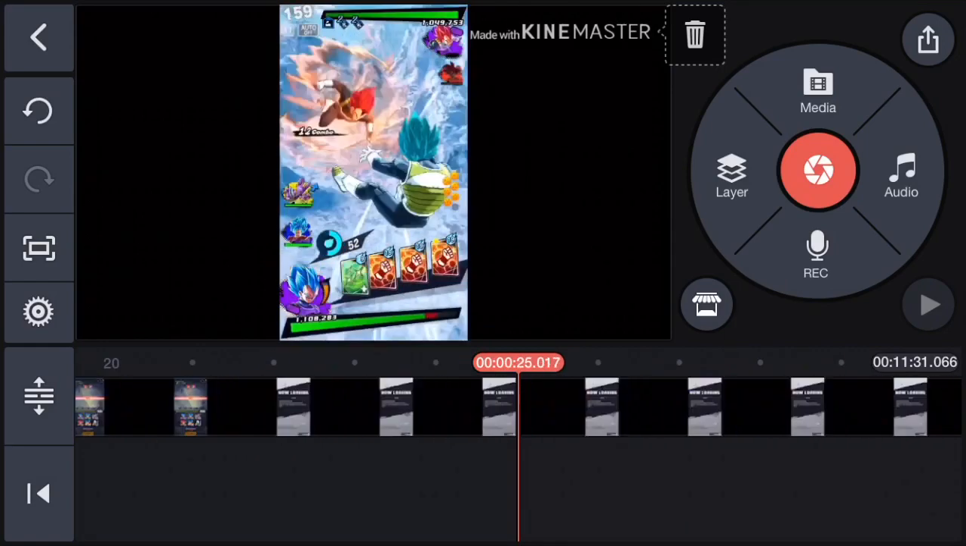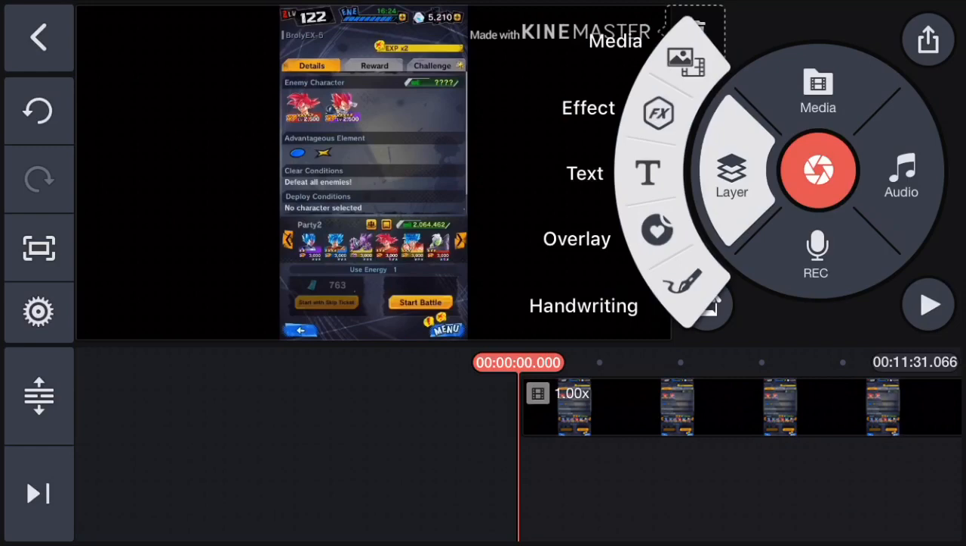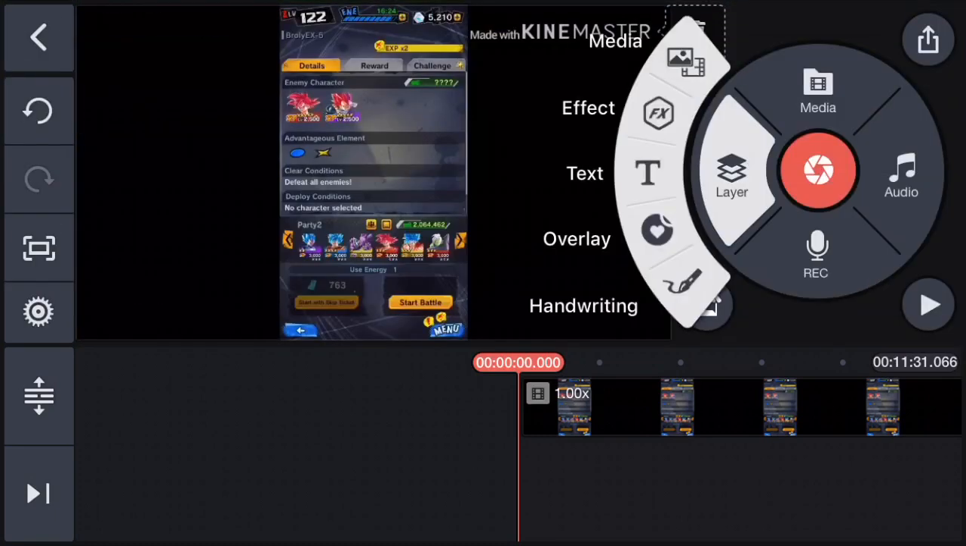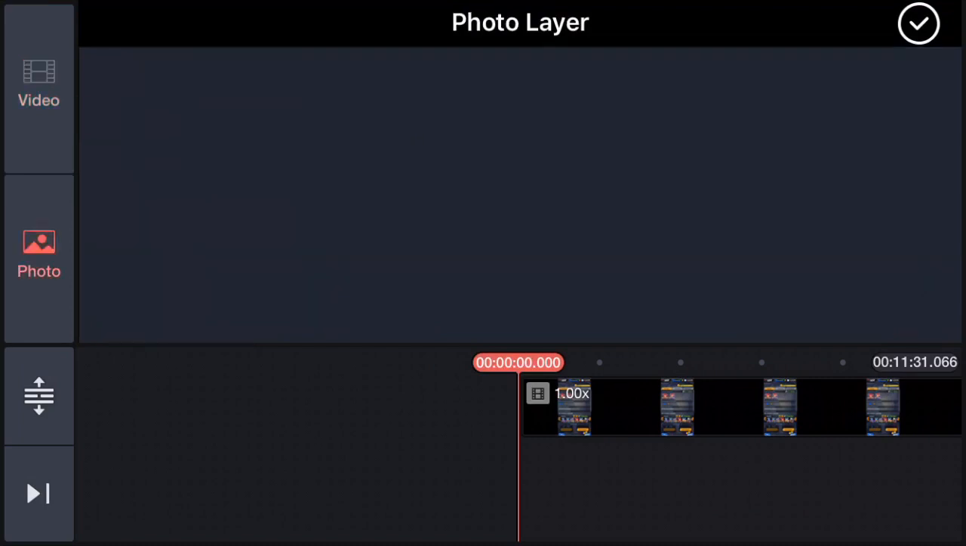Okay, so the next thing, guys, what you want to do is layers. If you want to add the art on the side, it's a simple thing you need to do. Just go on layer first, don't go on media, don't go here where it says media. Okay, don't do that, guys. You want to go on layer, you're gonna go on media there on top, you're gonna go on photo,